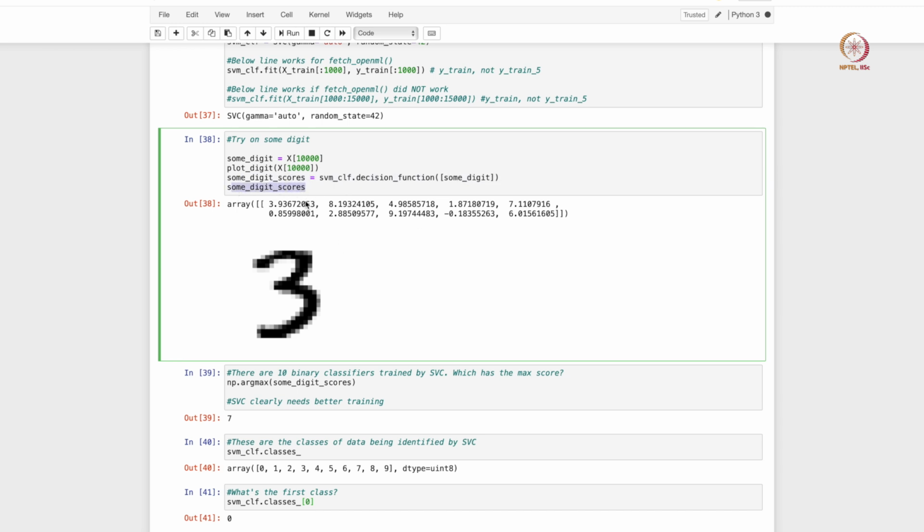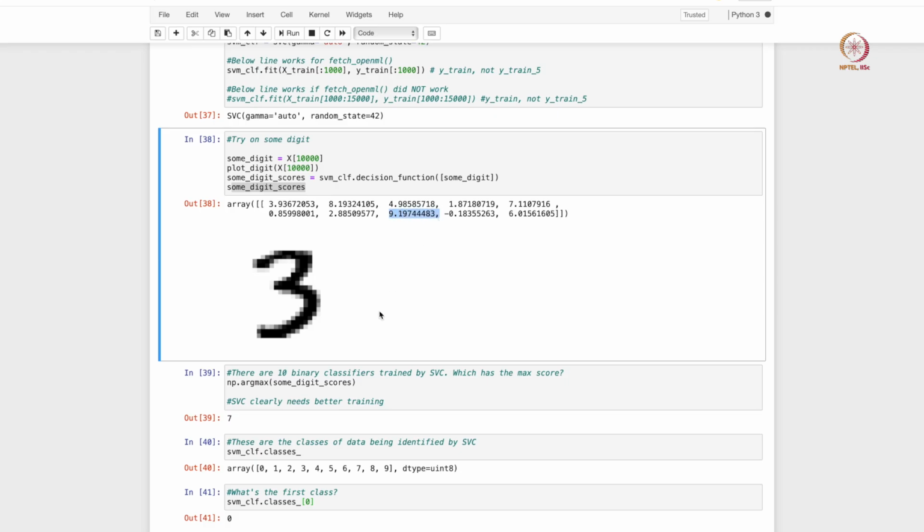The support vector machine is outputting 10 values here. So it is using the one versus rest strategy. It is training 10 different detectors, right. The first detector is for 0, second is for 1, third is for 2 and so on, and I think the maximum value is 9.19 here, which is probably 7, right.